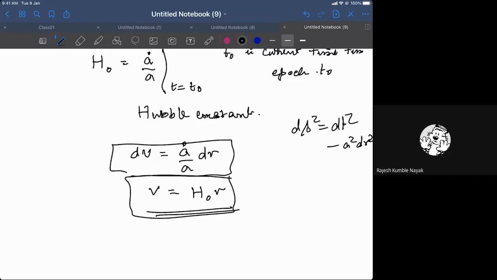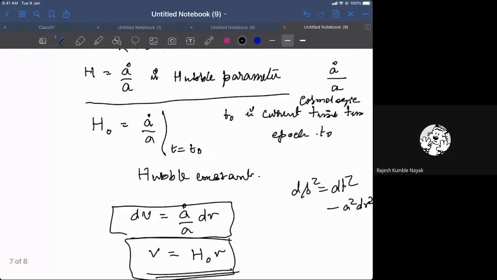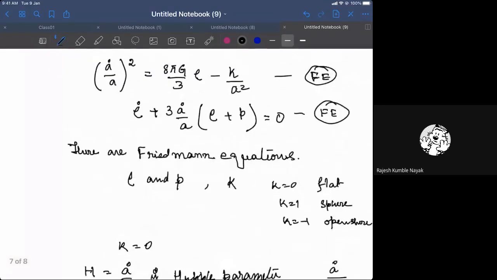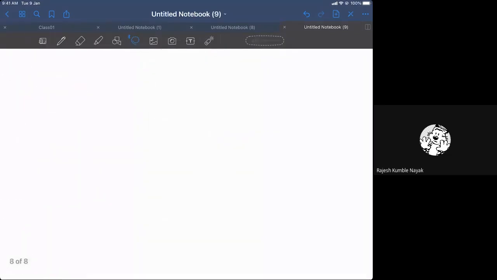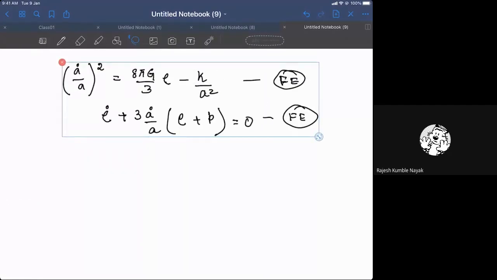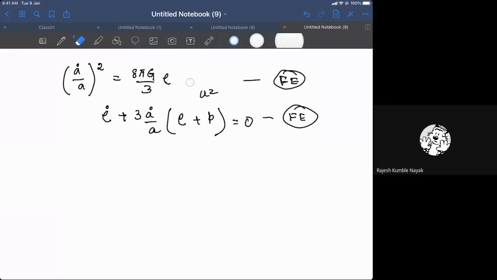Now we can try to solve this equation. Some of these equations are very easy to solve. Some of them are not so easy to solve. So as an example, we will solve only for the k is equal to 0 case, just to get an impression of how the various solutions look. Let me copy this again. There are a number of times we need to write this. Okay, so here we can again assume k to be 0, and then we have this equation.